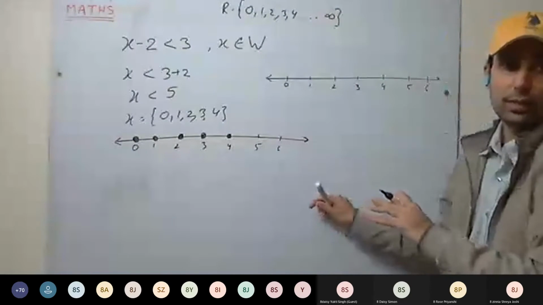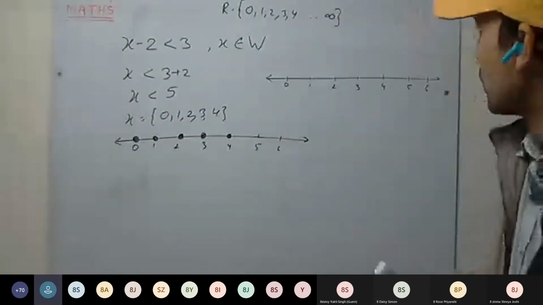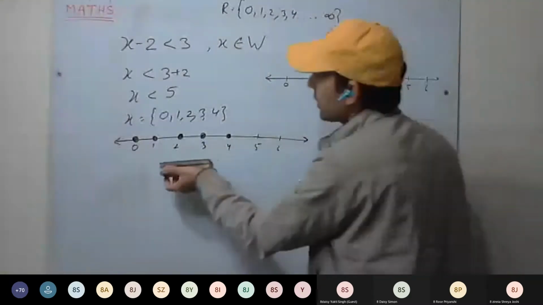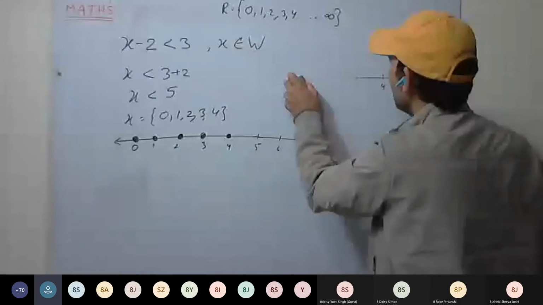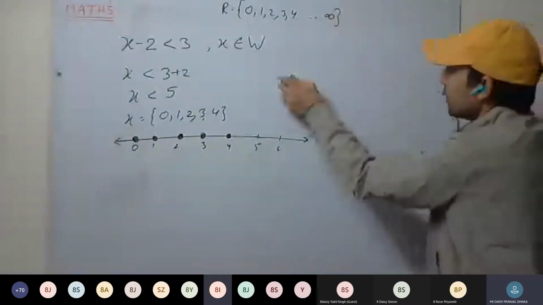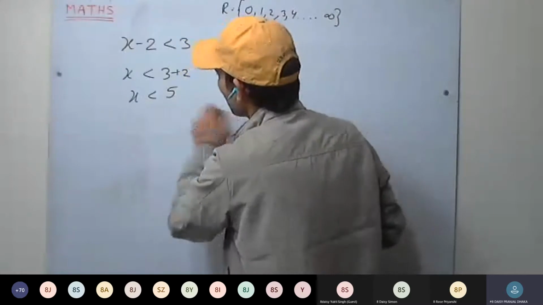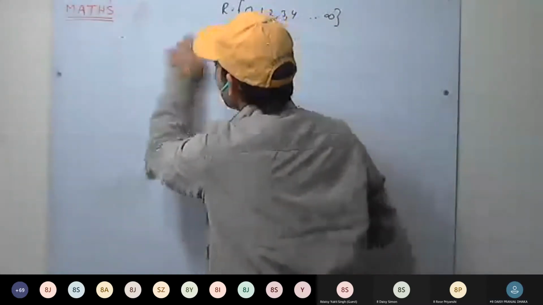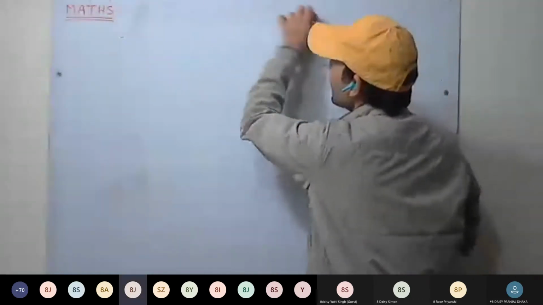Understood? Your video is not coming. Okay, just wait for a minute. Sir, start it again. Just start it again. It will be there. Understood this line? Sir, very clear video. Fine, thank you. The concepts must be clear, not just the video. Yes, sir, it's clear.